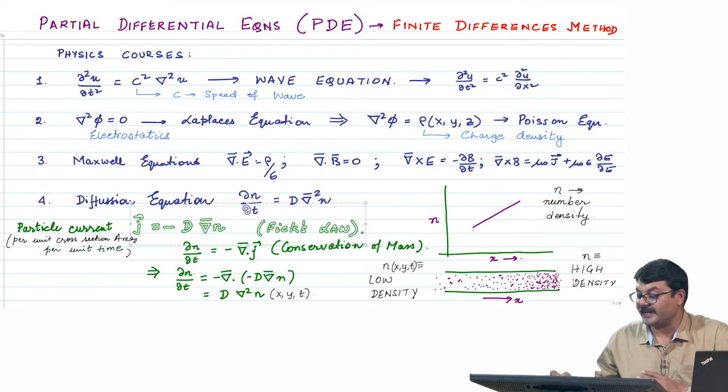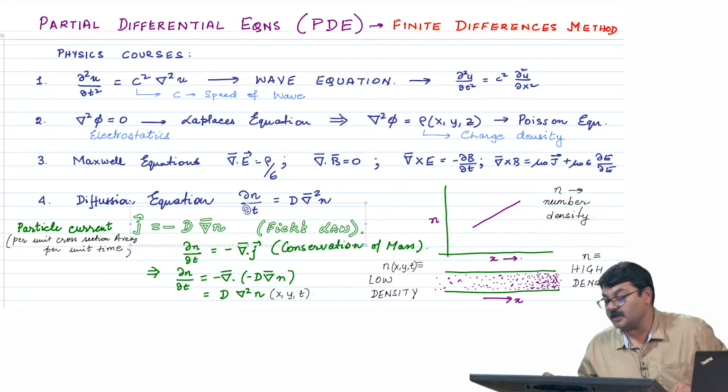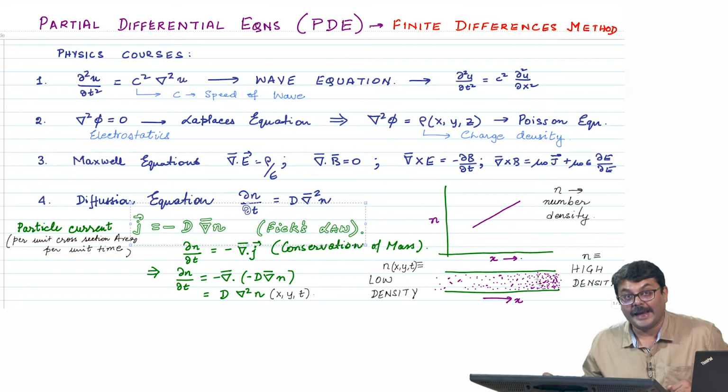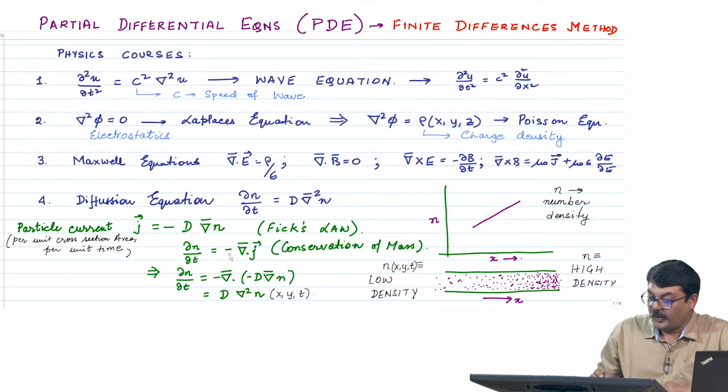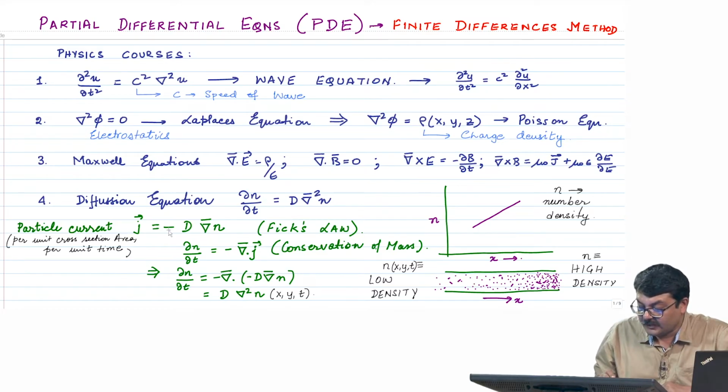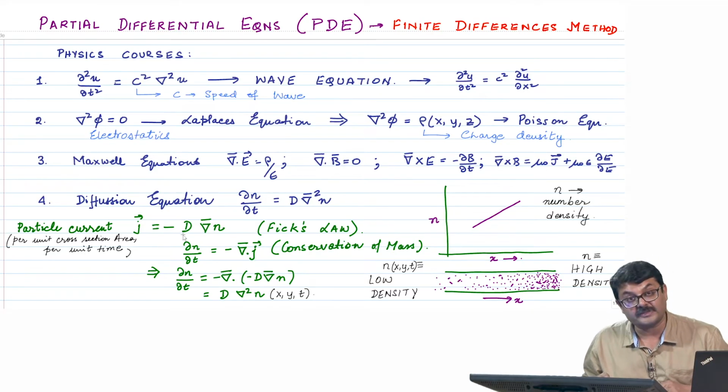So, it is basically saying the current is proportional to how fast n, the number density, is changing as a function of x. Why is this minus sign here? So, the particle current will move in this direction, right. The particle current will move in the negative direction, but n is increasing in the positive direction, right. Hence the particle current is opposite to the direction of the gradient of n,